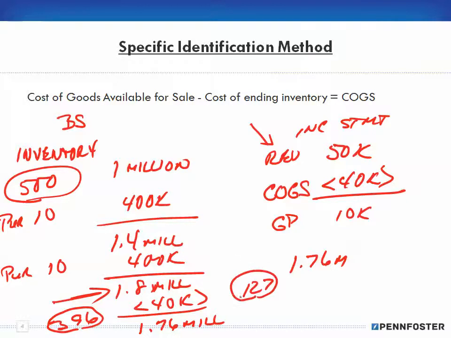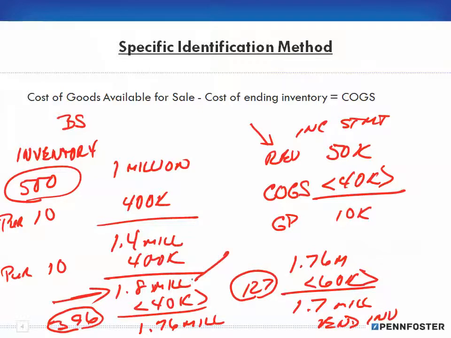127. Okay, again, specific ID. I know exactly which one that is, and let's say that was for $60,000. Okay, so my inventory is now 1.7 million. That's my ending inventory at this point in time. My goods available for sale is still my 1.8 million, but because I took this 60,000, now let's say I